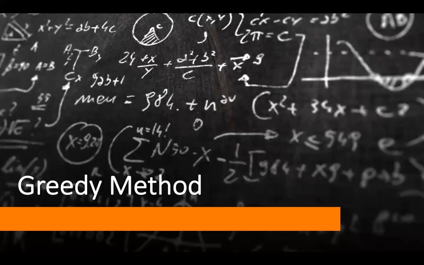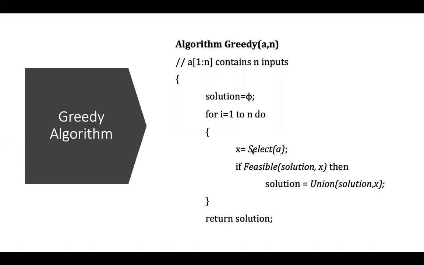We shall see an example. Once you see the example, you will exactly understand the greedy approach as well as the type of problems we are going to address using this method. There is one simple algorithm for the greedy approach. This is not an implementable algorithm. If you have an optimization problem and you are asked to use the greedy approach, how can we proceed?